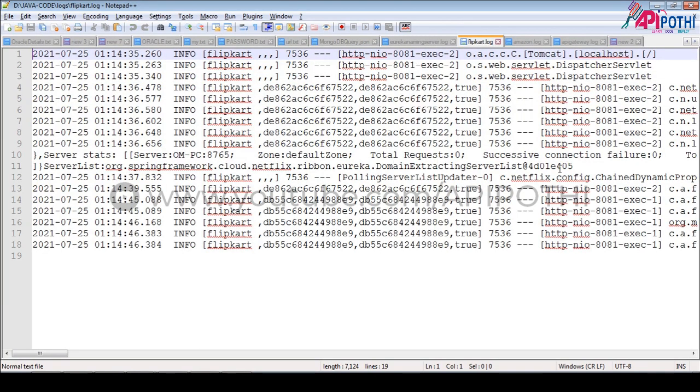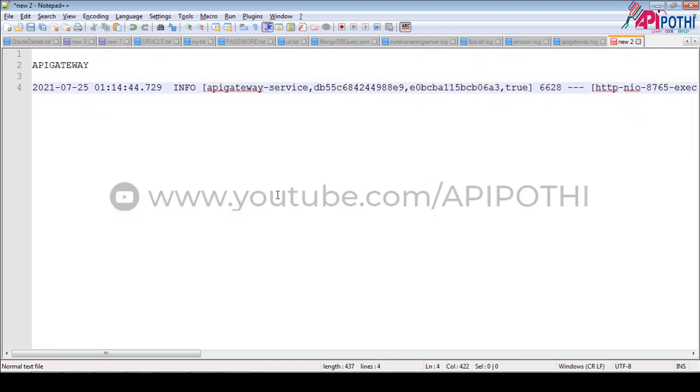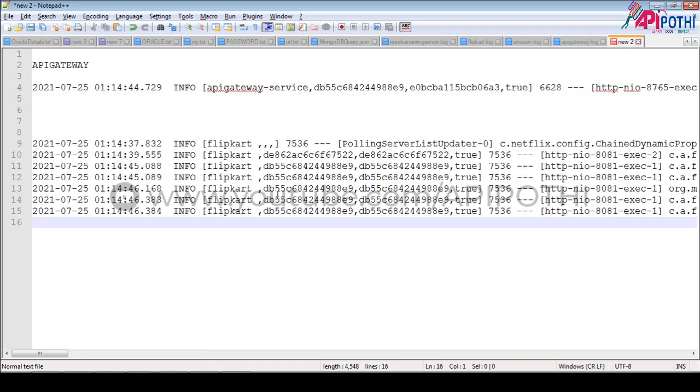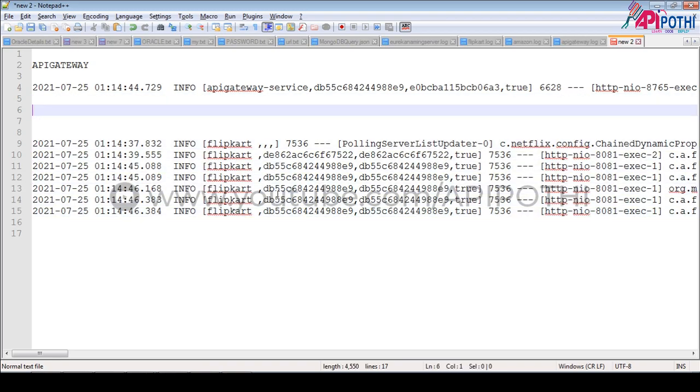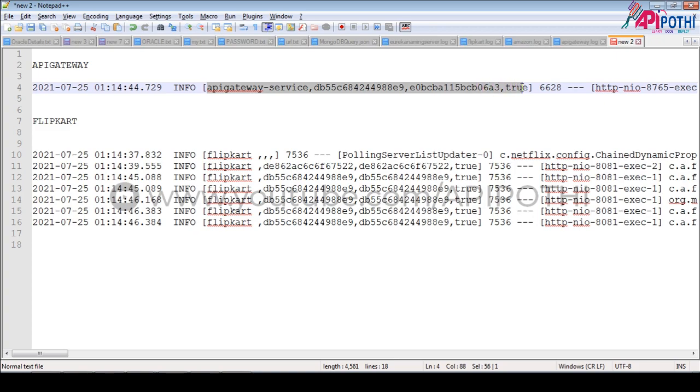We have iterated this request from Flipkart, and this is the Flipkart log. Now coming down, paste it here. This is the Flipkart log. Now if you see, there is some number printed here by default. We have not printed this number in any place. This number is basically the unique identification number.